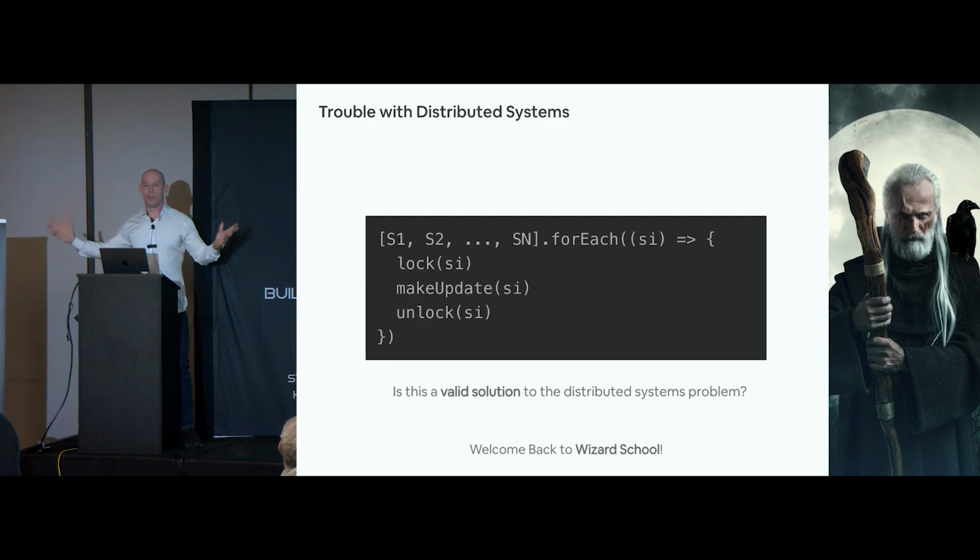We're not making all of the updates in an atomic fashion. We're making each individual update in an atomic fashion. Maybe. I mean, there's some other problems with this, but fundamentally, the major problem is that we're not making all of the updates in an atomic and consistent fashion. We can fix that, right?